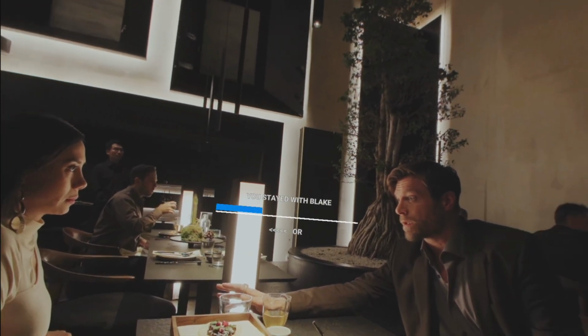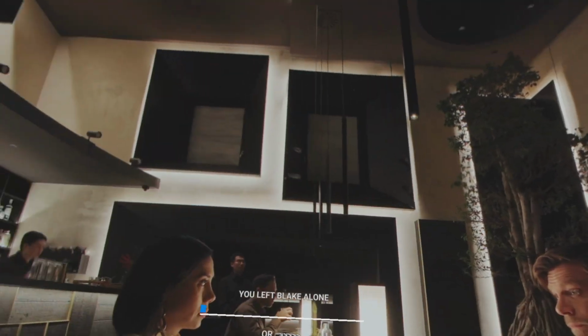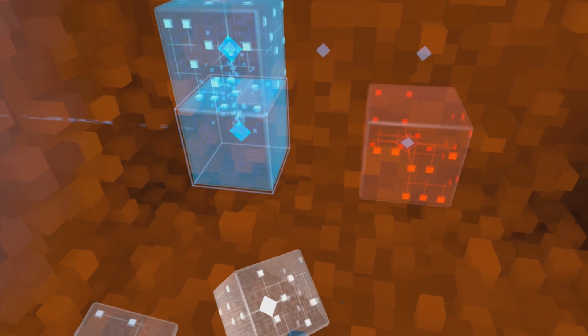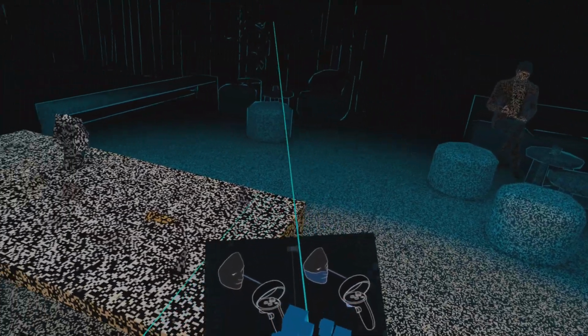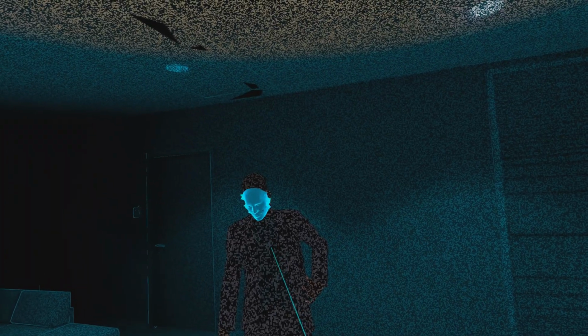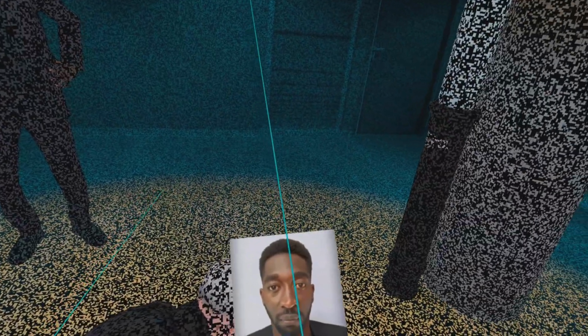When it comes to what you, the player, will be doing, you'll be shaking your head a few times to change some conversations and decisions which lead to different cutscenes. You'll also be connecting holocubes, which start pretty easy and then get tougher as the game progresses, but I also found these a little bit boring. There's also a few scenes where you can rewind and fast forward time in VR, and these scenes are very similar to Batman Arkham VR, leaving you to play detective and pinpoint exact moments that are needed to progress the story and find things of interest. Now, most of this makes up around 25% of the experience,